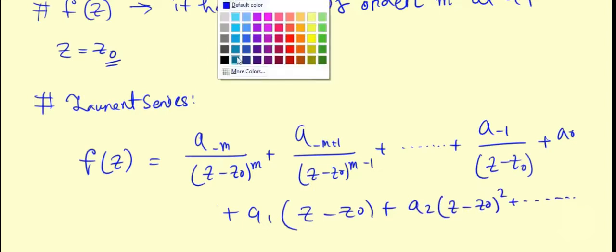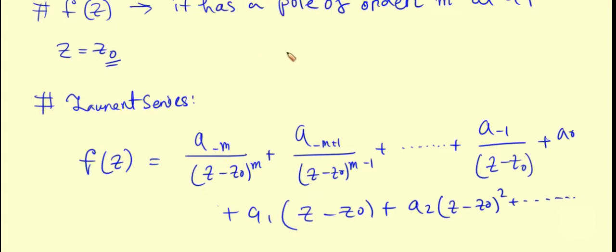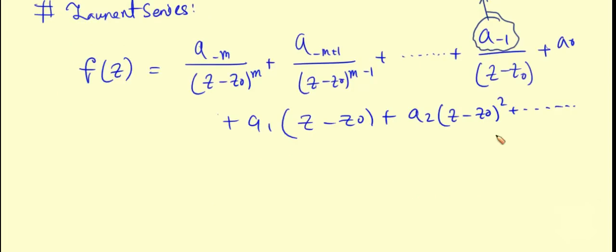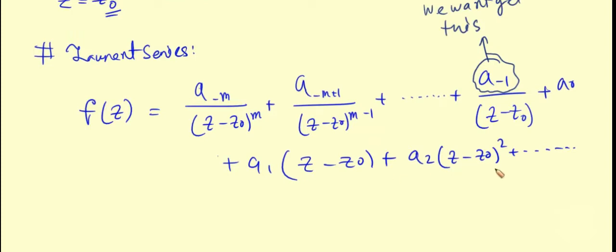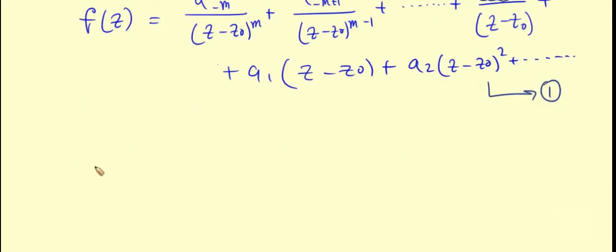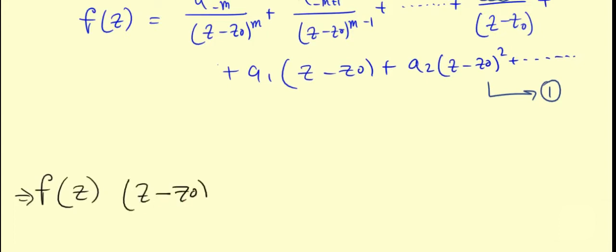So now what we're going to do is find an alternative way to calculate this. We want to get this coefficient only, this a minus 1, which, as you already know, is called the residue. So the first thing we're going to do, we're going to label it as equation 1, and then we're going to multiply both sides of 1 with z minus z naught to the power m. That means the next line will look something like this: z minus z naught to the power m,